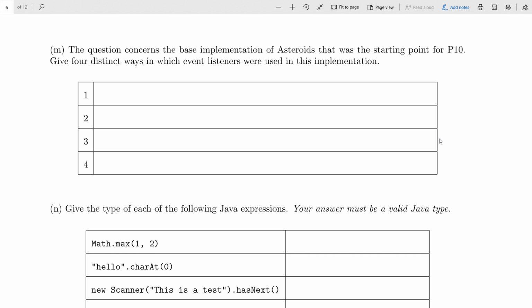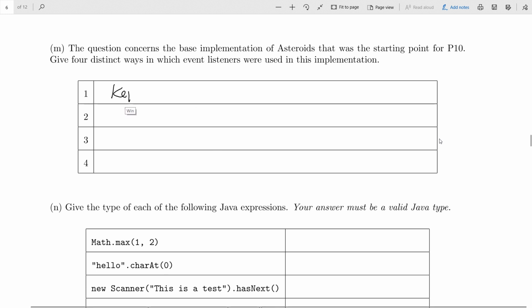Oh, I hate this question. It's awful to grade. Take it off the slide. Well, it won't be on, and these questions won't be on the final, but here it is. What are some ways in which event listeners were used in asteroids? What's that? Okay, so there's key press. Those are the method names. Is it just like key event or something? All right, so there's key event, there's mouse event.